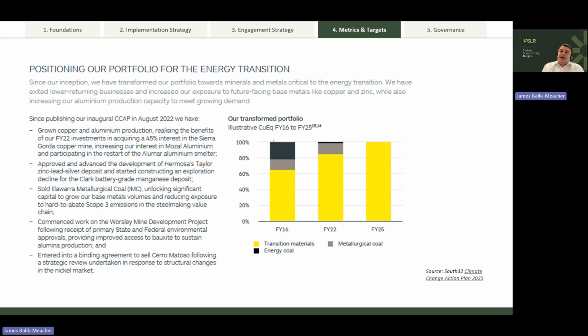The reason why I like this as an approach and as a metric that you're tracking is it goes far beyond the decarbonisation piece. This is a much more fundamental change to their portfolio and to the way that their business is operating. And ultimately, that is what this transition plan should be. It should be a long-term business strategy for how you're going to survive in that future world.